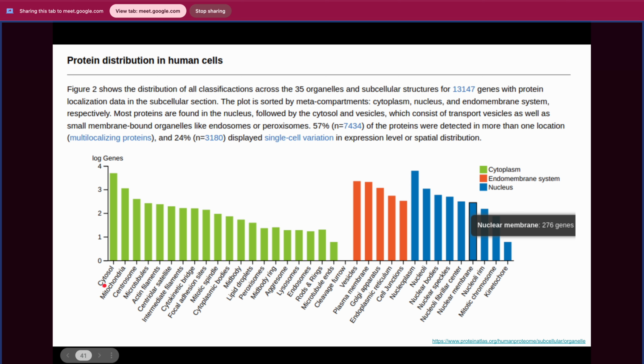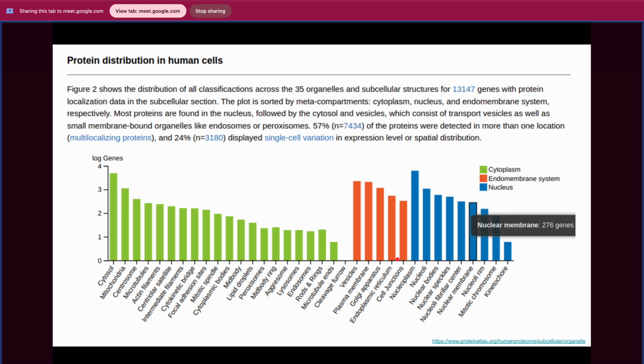In this case, you will be able to find in the cytosol there are 3.8 log fold genes which are present. And similarly for all these organelles, you will be able to find the number of genes. So this refers to the cytoplasm. As we have seen, there are different categories. So cytoplasm, these